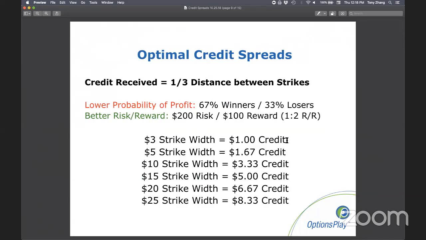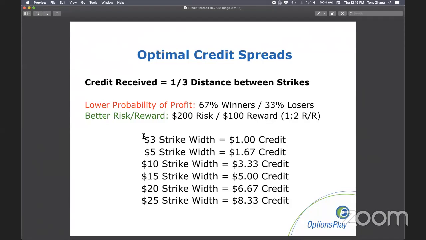We also found, for those of you that are interested in these types of strikes, that it roughly translates to selling roughly an at the money strike and then buying back about a 25 delta against that. That's where you're going to get roughly 1/3 of the distance between the two strikes. I'll show you guys that in a few seconds with some real examples here. And I will answer any questions at the end regarding the strategy, but the rule of thumb here is you want to collect roughly 1/3 of the distance between the two strikes by adjusting how far in and out of the money those two strikes are.